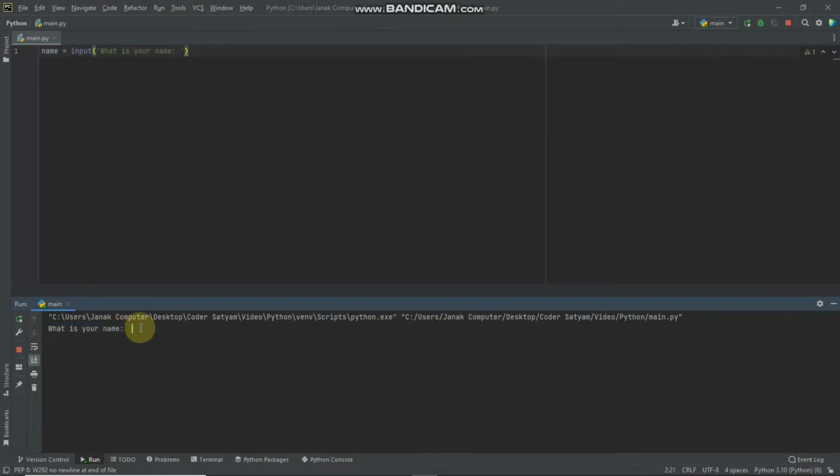I'm going to type here Satyam. Then if I click on enter, you can see nothing happens. So I'm going to print my name here. For that I'm going to type here